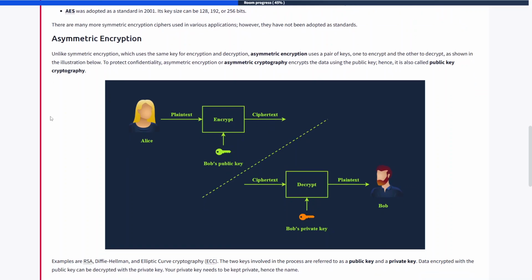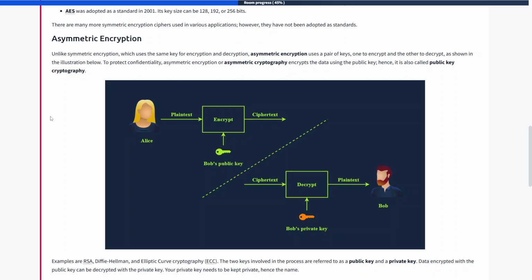Next, asymmetric encryption. Unlike symmetric encryption, which uses the same key for encryption and decryption, asymmetric encryption uses a pair of keys, one to encrypt and one to decrypt. As shown in the illustration below, to protect confidentiality, asymmetric encryption or asymmetric cryptography encrypts the data using a public key,